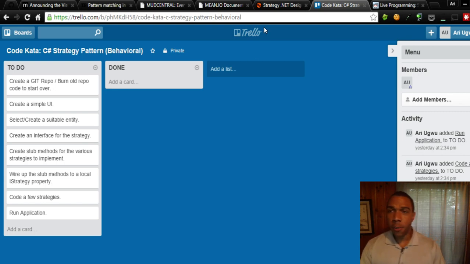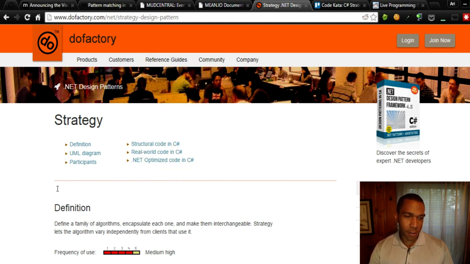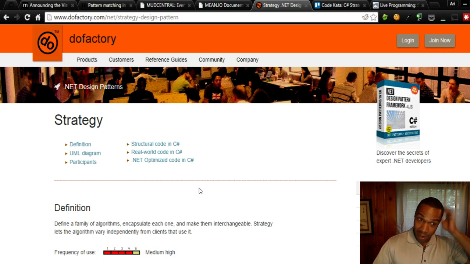Right, and as usual, it's good to look at what the strategy pattern's definition is. In this case, it's going to be: define a family of algorithms, encapsulate each one, and make them interchangeable. Strategy lets the algorithm vary independently from clients that use it. This is probably one of the more obscure lexicons that you're going to find for design patterns, and I think this probably leads to a pretty low rate of adoption. But essentially, the strategy pattern is a behavioral pattern that really tries to target things which would change